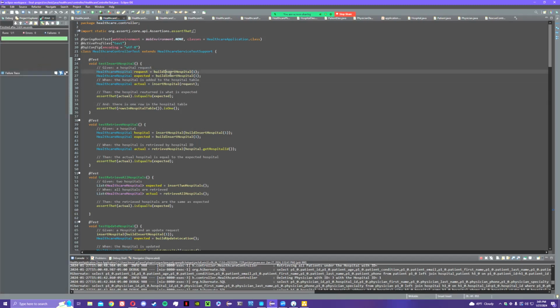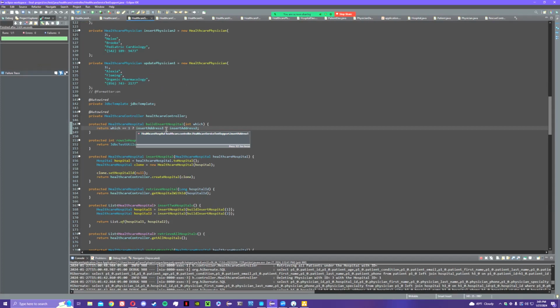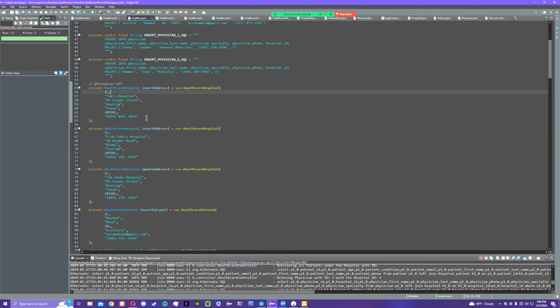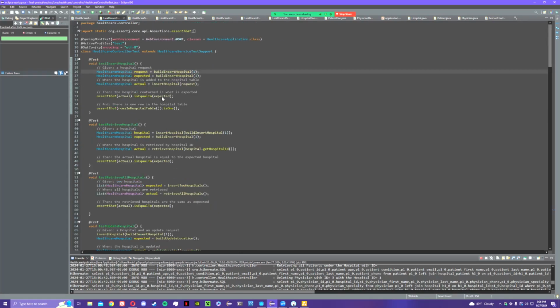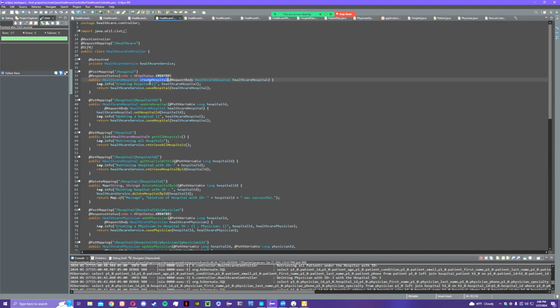We'll go ahead and look at this. My build insert hospital method, all it does is return insert address 1 into insert address 2, and these are SQLs. That's the different hospitals. Then we want an expected, and we'll check that the actual is inserted, the request, which is here, where we have the hospital entity and the healthcare hospital to hospital, and then we'll clone it, set it to null, and then we'll return the controller of creating a hospital, which is here in our controller